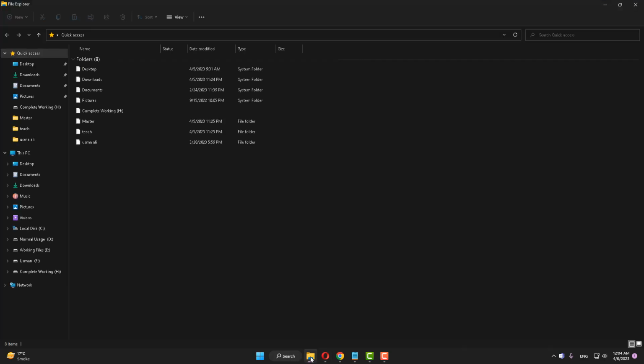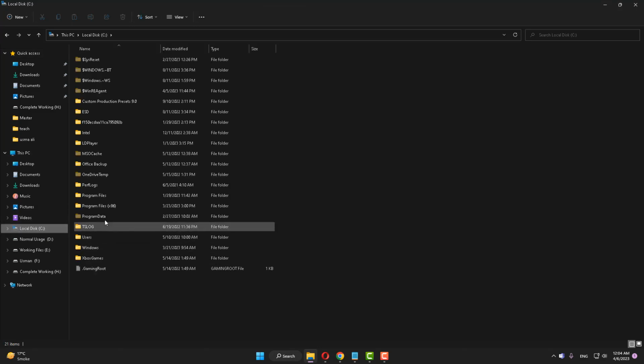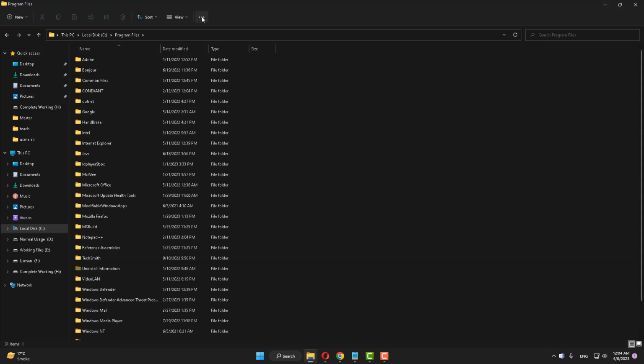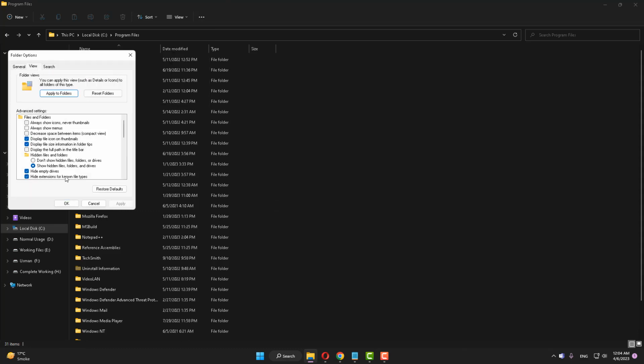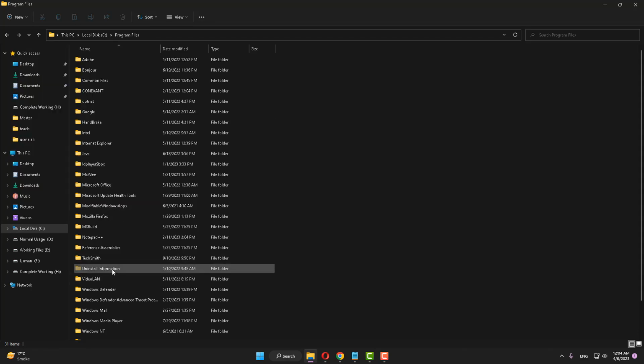Open File Explorer. Go to your local disk C. Open Program Files. Click on these three dots, go to your options. Click on view and make sure that show hidden files and folders is selected. Click on apply and OK button. After doing this step,